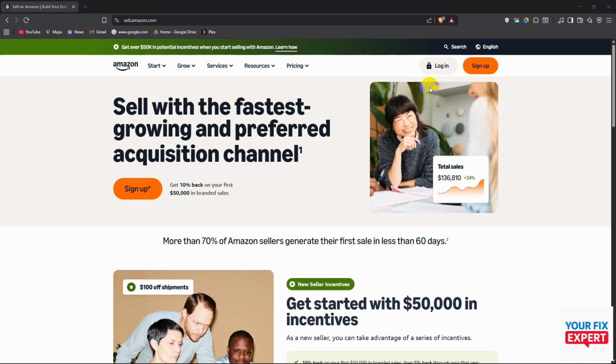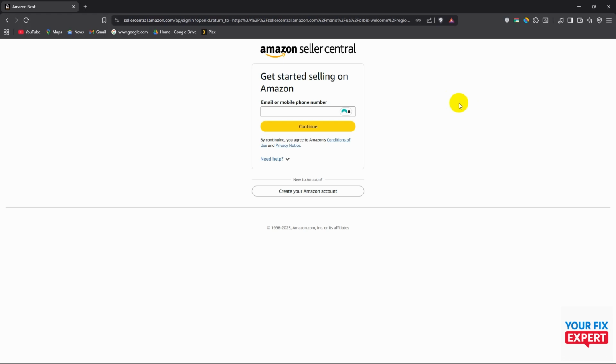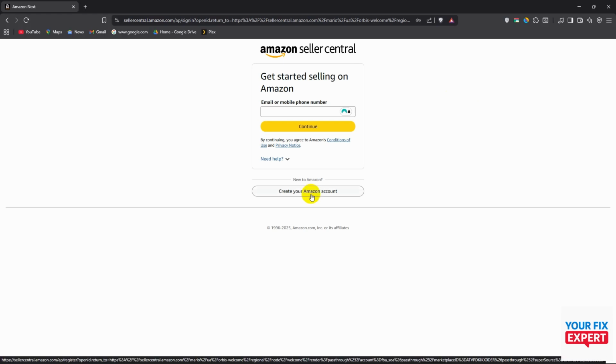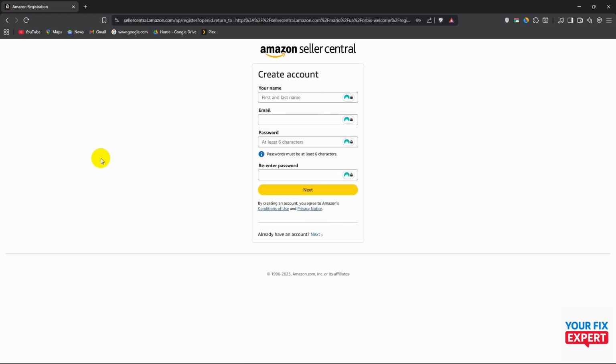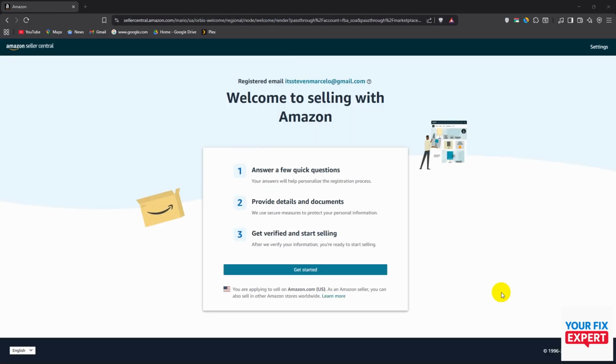Now you're going to put in your Amazon account information. If you don't have one, click on create your Amazon account. And you're just going to fill out your personal information and hit next. They'll send you an email and you'll just click the link in that mail. Now, alternatively, you've put in your Amazon details and now we get to the point where you're going to make